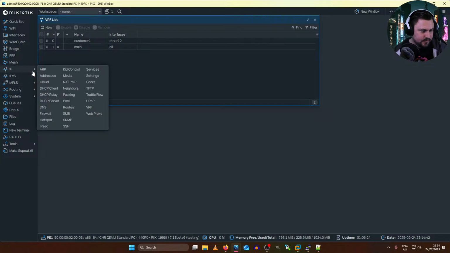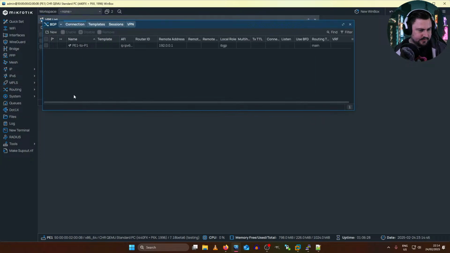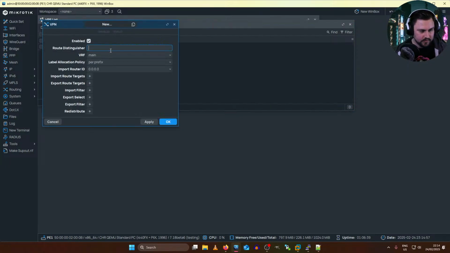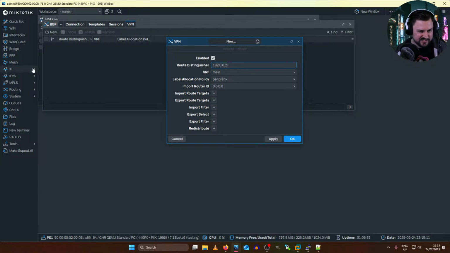Now our second part will be that we need to enable our BGP. So we're going to do this through BGP. There's different ways to maybe achieve the same thing. But what I'm going to do is just set a route distinguisher, which is going to be my loopback address, which in this case is 002. So 192.0.0.2, followed by my ASN number, which was 6500, I think, or 65,000.